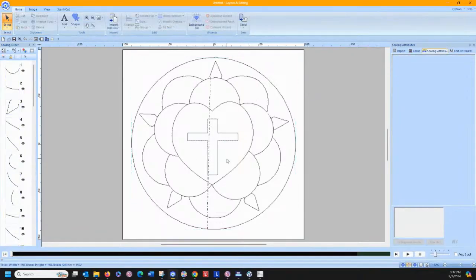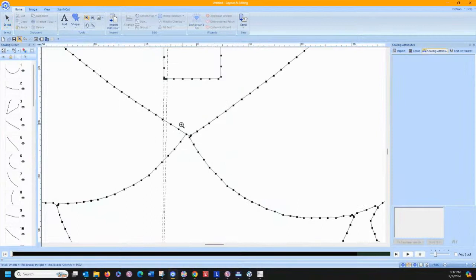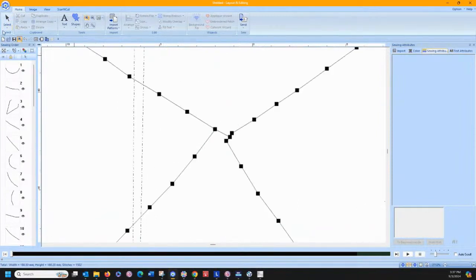And if you need to do any adjusting of the drawing, so if, let's say, I needed to come in here and fix this, which I know needs to be fixed. So if I come in and hit my Select Point tool, there is a little line right there that needs to go away, so I can delete that little line. And then I can come in and select the points on this